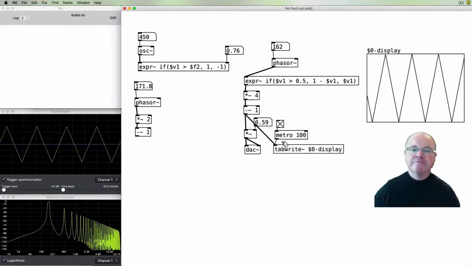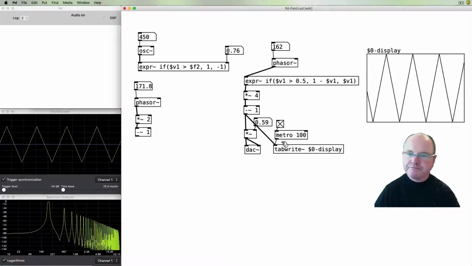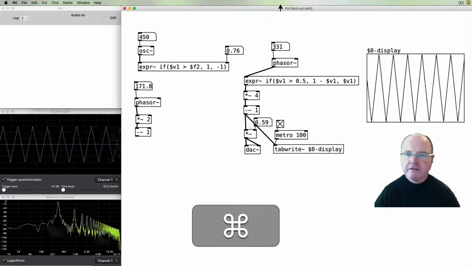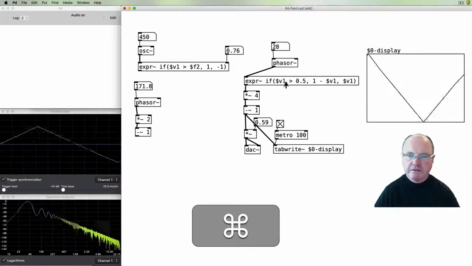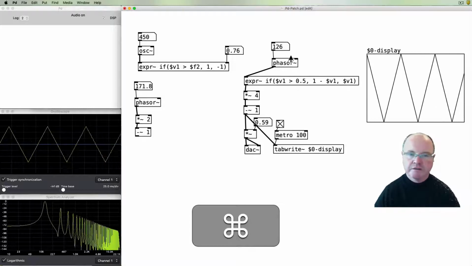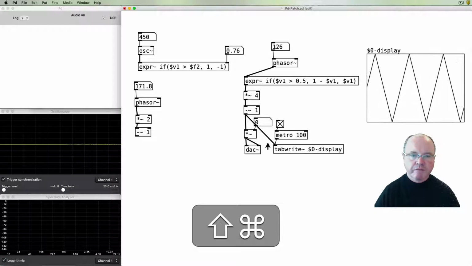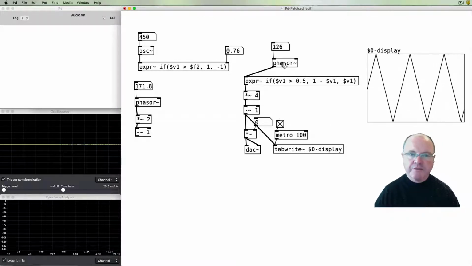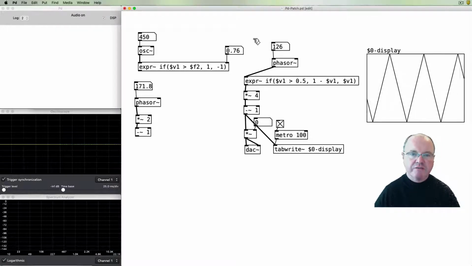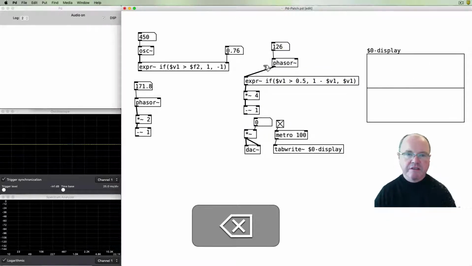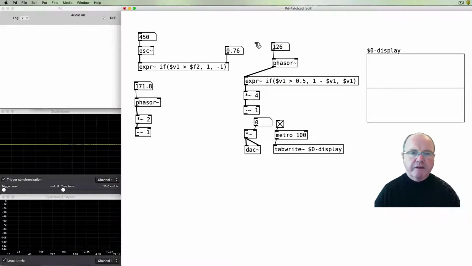And there we have our triangle wave. Alright, so they're all of the main kinds of waveforms that we find in a standard subtractive synthesizer. But we can go one step further and